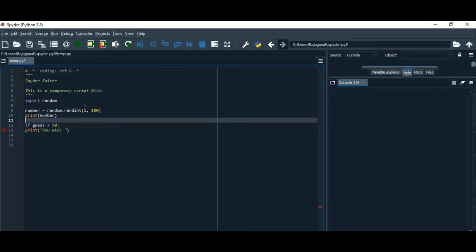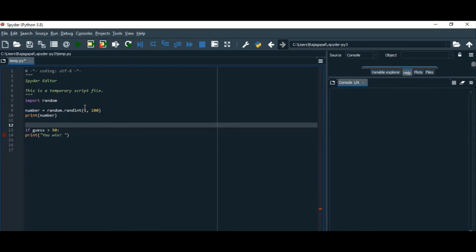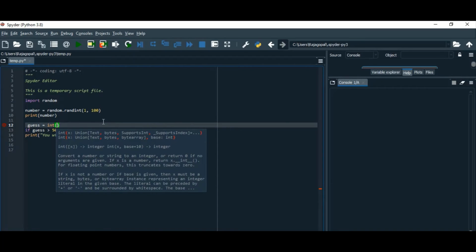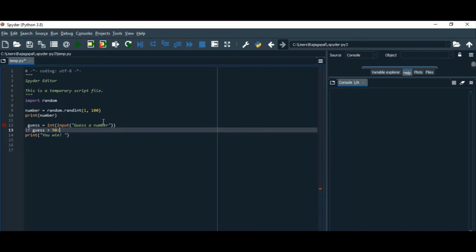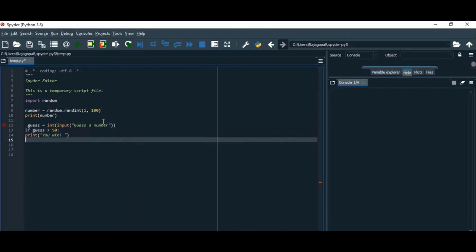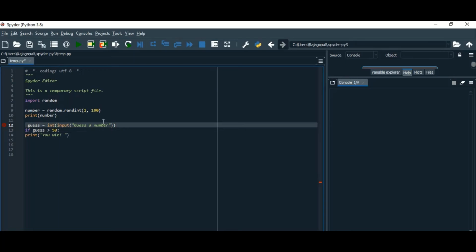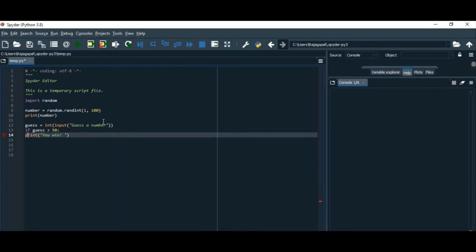Okay. So we have got the print statement. I think guess equals int. So we are going to define a data type for the input. Yes, number. Okay. To take care of the spelling mistakes, even the Python compiler will not check. So you need to take care of the spelling mistakes.